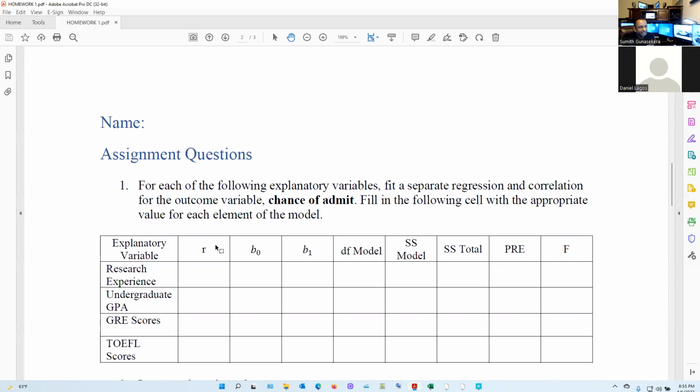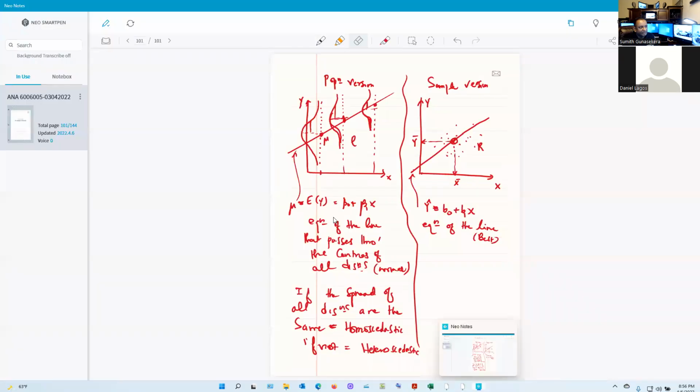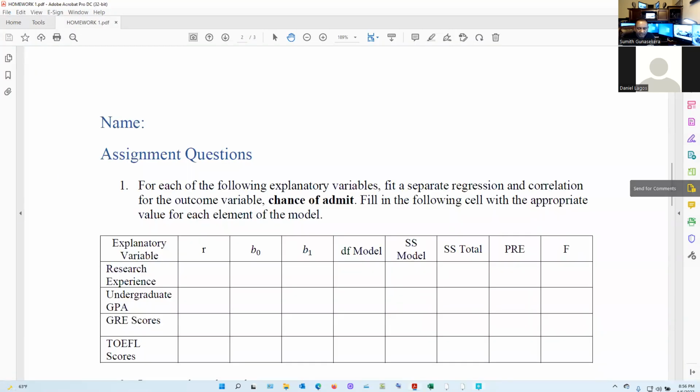All these have their counterpart in the population version: R, beta node, beta 1. This one also has. Okay, we're not going to talk about that one. This one also is supposed to be the pre hat. If also put with the hat, but we don't put the hat, we're going to just simply go with the F pre like that. But these are going with three different symbols. See, here beta node, here B node, here beta 1, here B1. Okay. Yeah, then let's see that